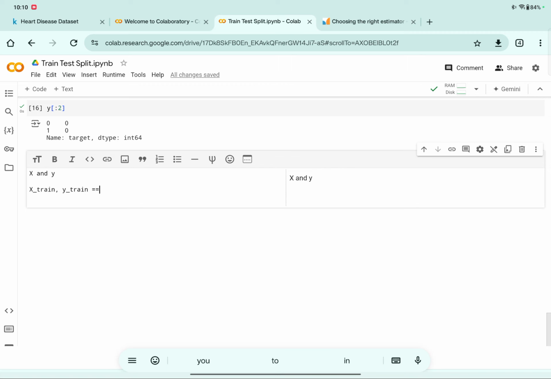I'm going to assign 80% of the data to these two values, and then I'm going to have x test data. This is the data which I will use later for testing purposes. Y test is equal to the remaining